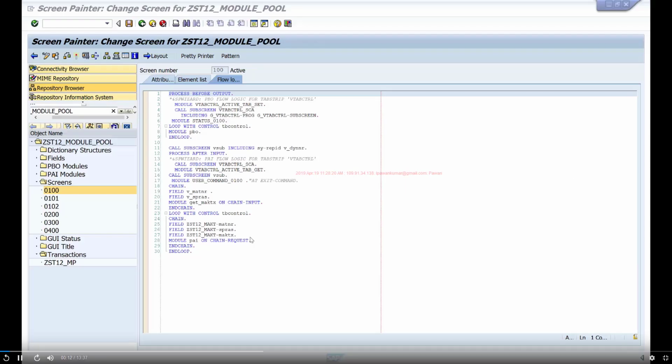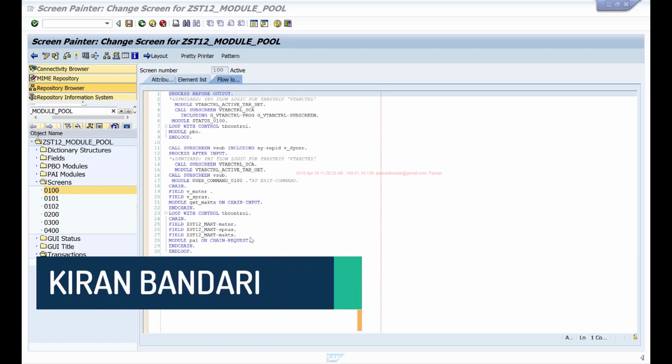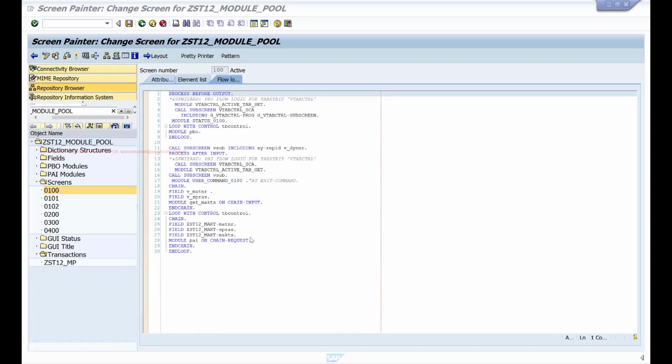In this video, let's understand about custom controls. When you are creating your screen elements, there are certain fixed screen elements that you can create on the screen, like input fields, radio buttons, checkbox. However, sometimes you may just want to mark one area on the screen where you can show different things, like a picture or a tree structure, something like this that you see here. If this is a tree structure, a structure like this, or a text editor, or even an ALV grid.